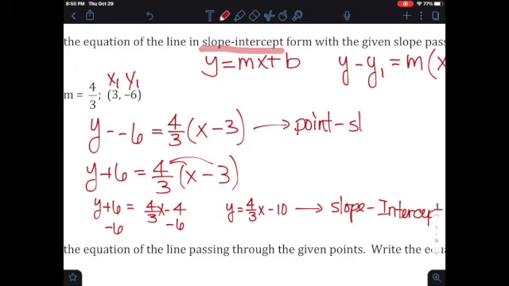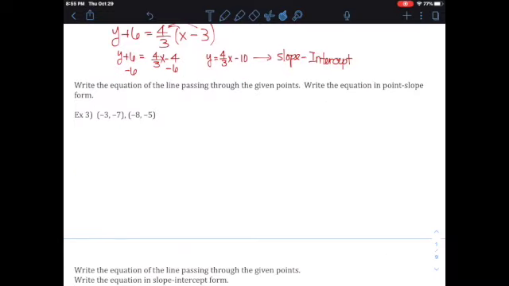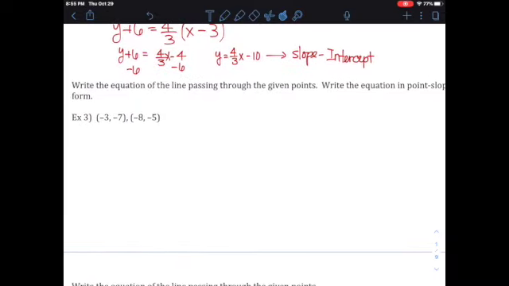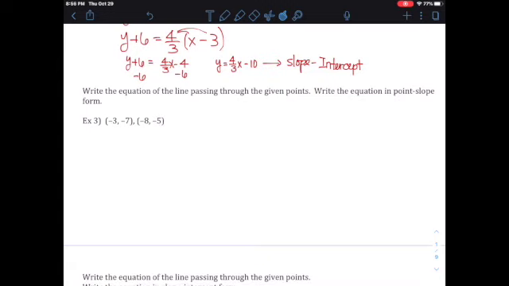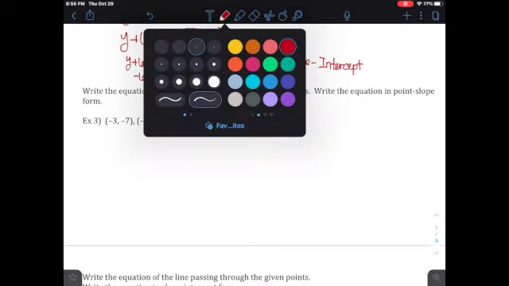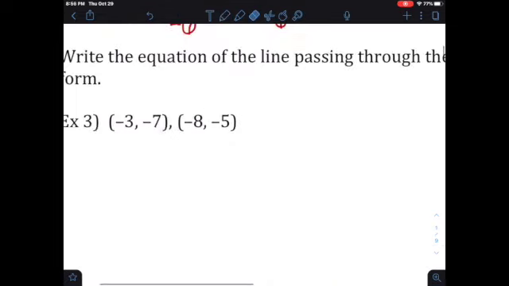Slope form. Example 3. Write the equation of the line passing through the given point. Write the equation in point slope form only. So now, if you guys notice, we don't have a slope, but we have 2 points. And remember before, if you have 2 points, you can label them as